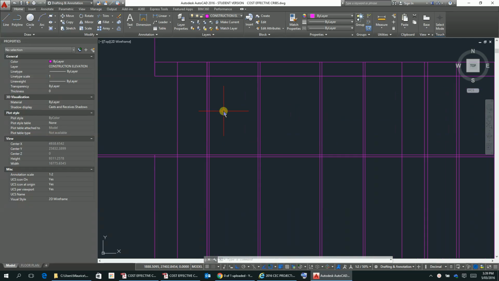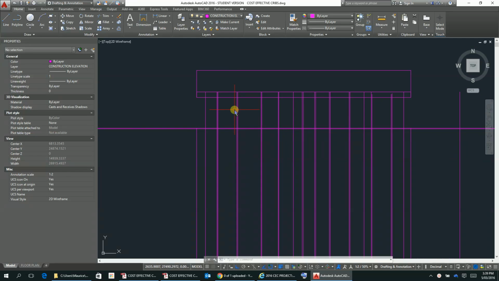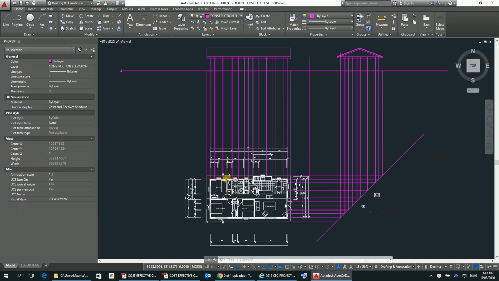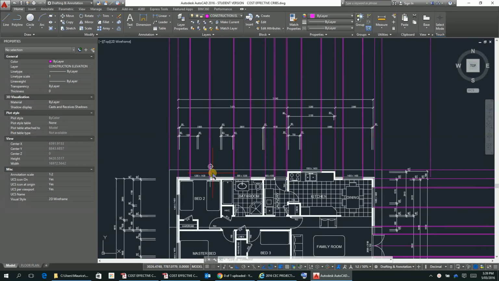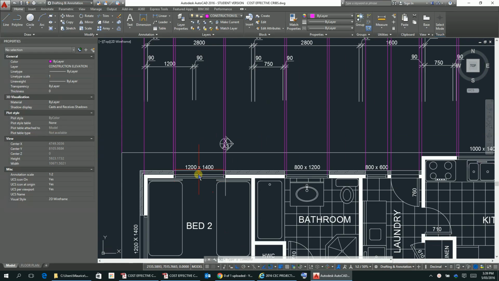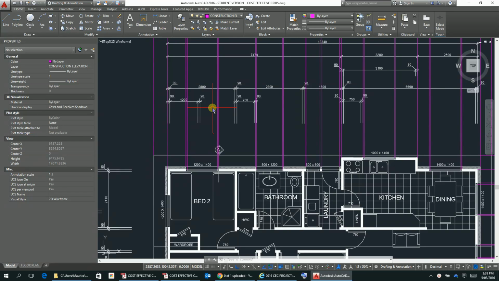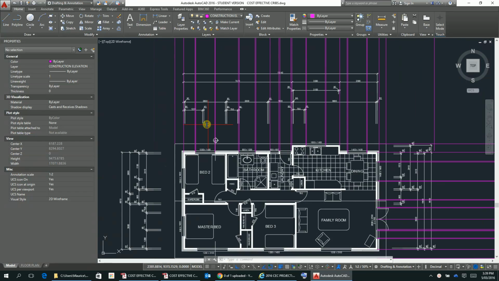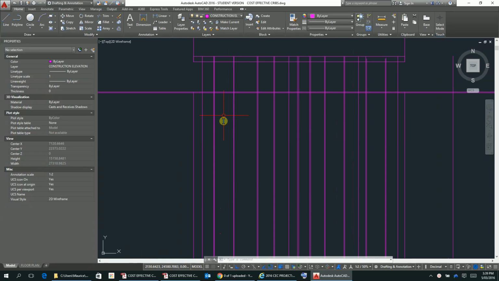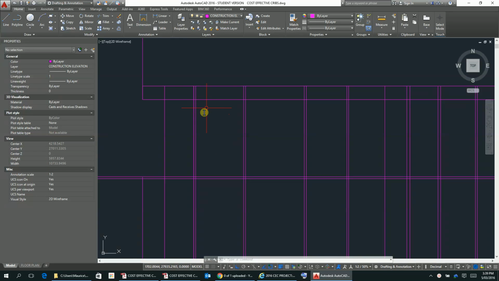In this video I'm going to do some more work on the elevations, and possibly in particular getting the windows sorted. So I'm going to start at this end here, which if we look down at the house is the window in bedroom 2, which is a 1200 by 1400 window, 1200 being the height, 1400 being the width. Okay, so we've got the top of the window here as I've set out, so I'm just going to offset that by 1200